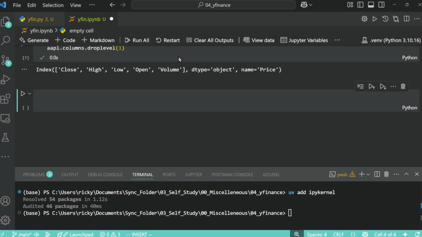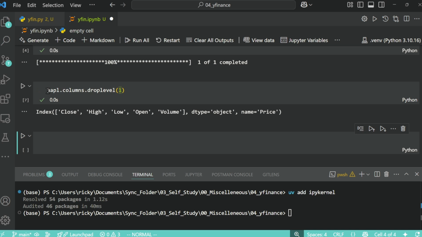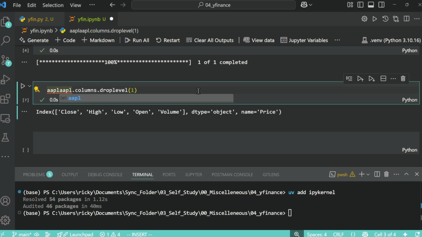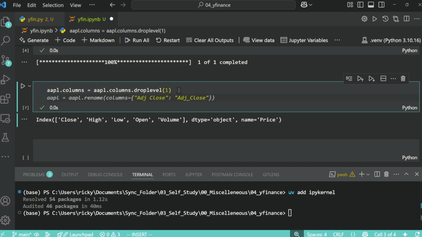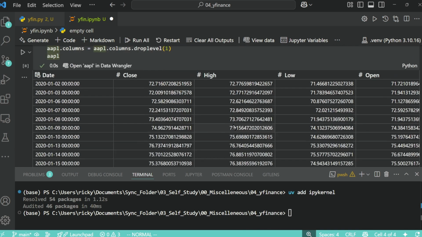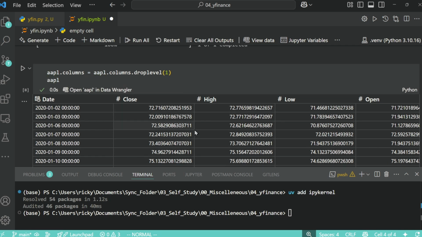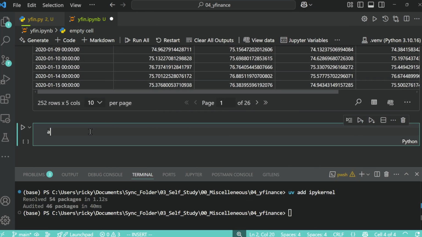So the thing I need to do now is to say AAPL.columns equals that, so that when I come over here and I run AAPL, I will see that it gives me only the close, the high. Where's the open? Open is last. This is odd. Anyway, this is what I want to see. I don't want the first level, so I can get rid of the first level like that. Come here, just in case,